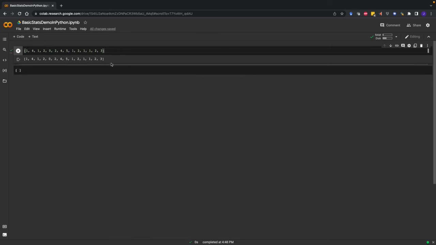We've got a bunch of numbers here, and you can see some numbers are repeated, they're all integers, they're all positive. So that might tell us something about where this data set came from. Maybe this is height in inches of a particular kind of plant, a very small plant. Maybe this is length in feet of sticks or something. It could be any number of things, but we want to calculate the average of this